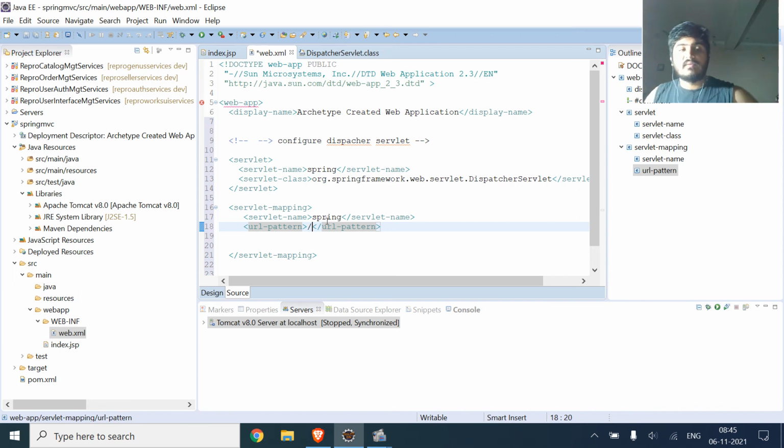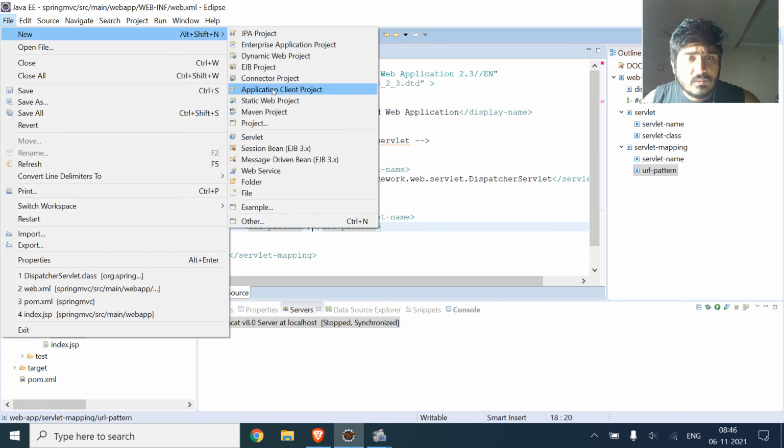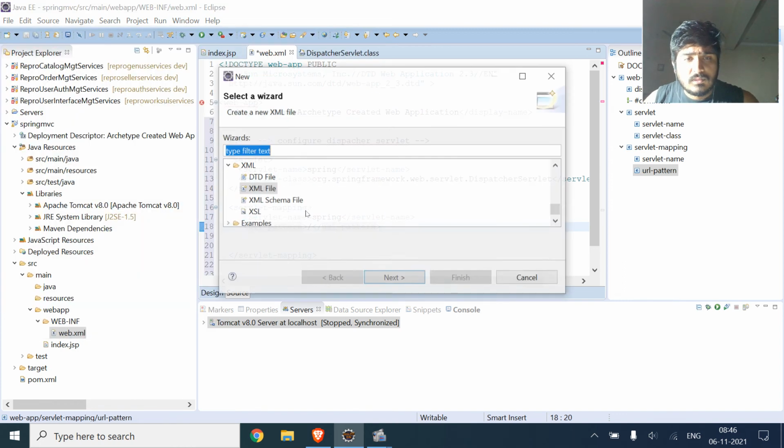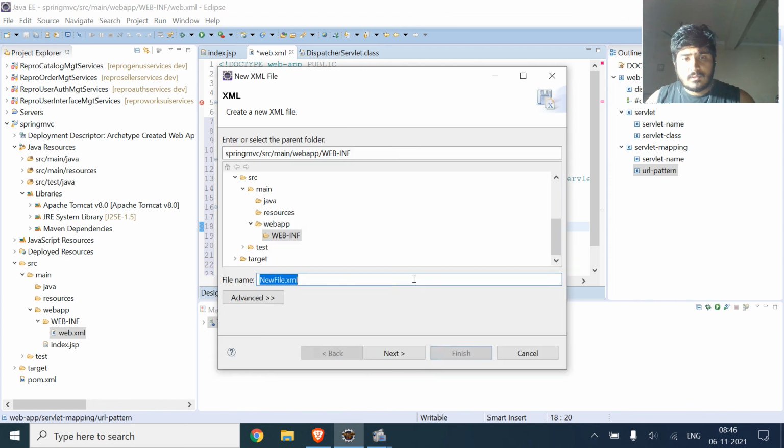So now we will just try to create an XML file. We will come to file. So the name is quite important for the XML file.